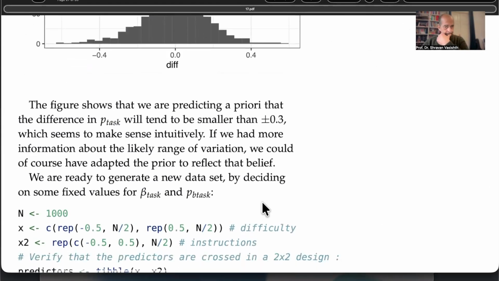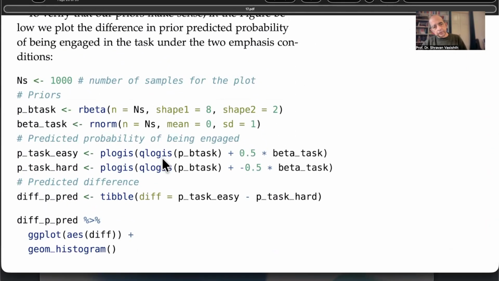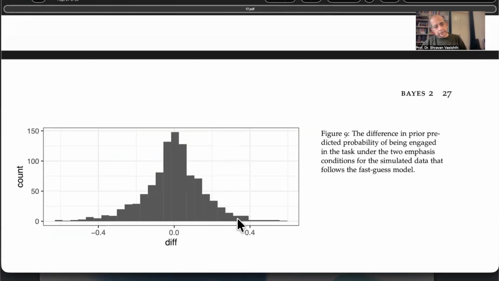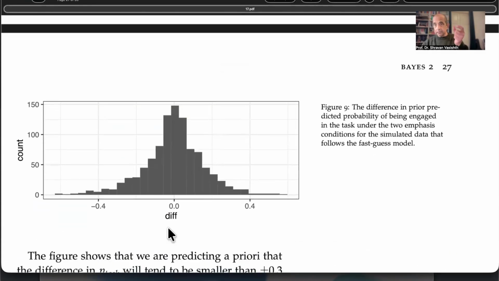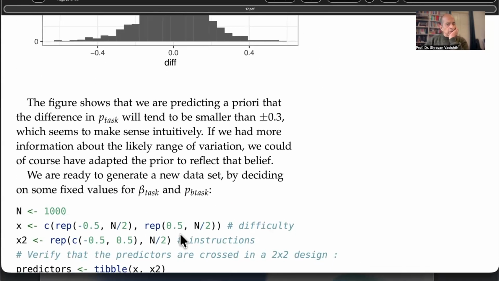All right. Actually, you can go and play a little bit with these priors, and then look at this plot, how this changes as a function of the prior specification. You get a better feel for how the priors translate to a difference between the two probabilities. All right, so